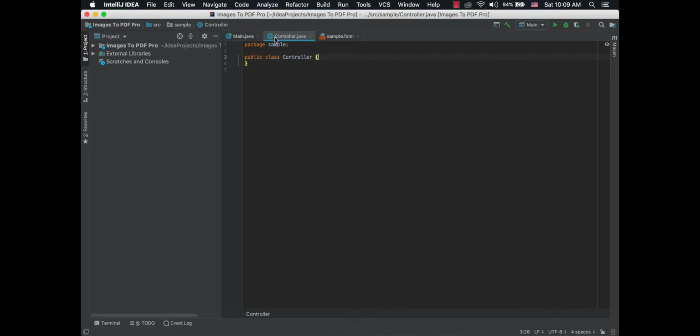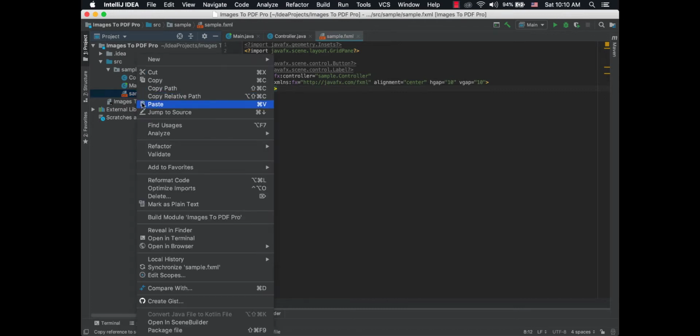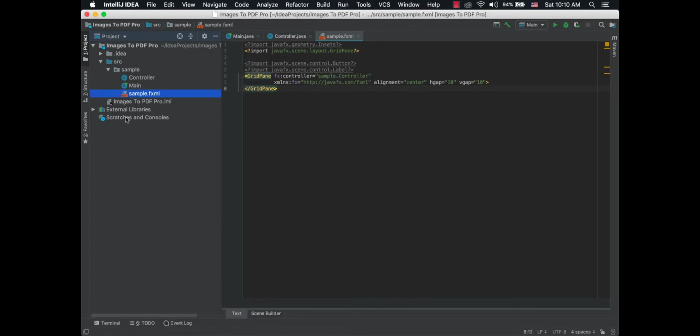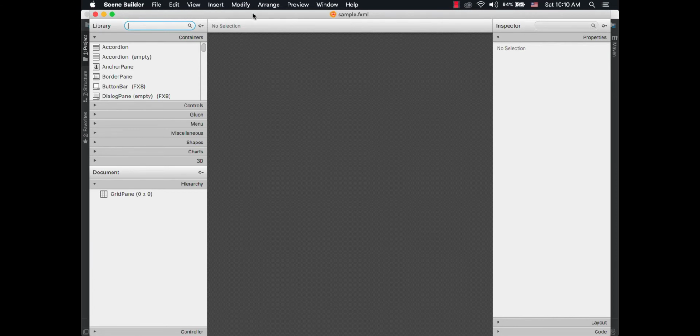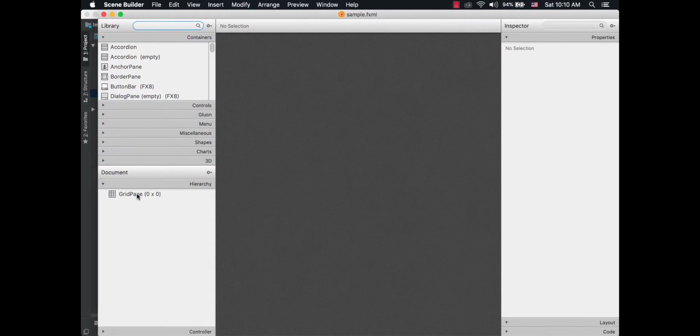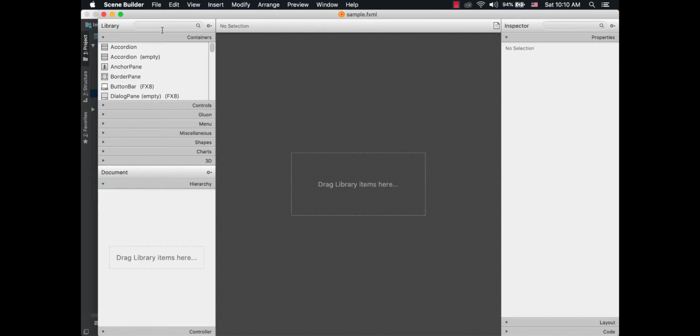And this is our controller, and this is the file that shows the UI. First thing we need to do is to create the UI for the application. So I just go here to sample.fxml, and right click on open with Scene Builder. So this is the UI. It doesn't have anything here. Click on this grid pane and delete it, and we are going to use a border pane,